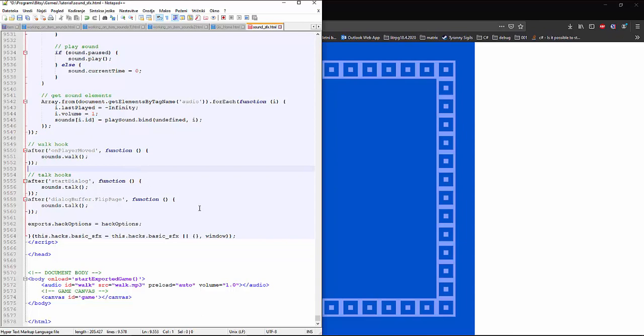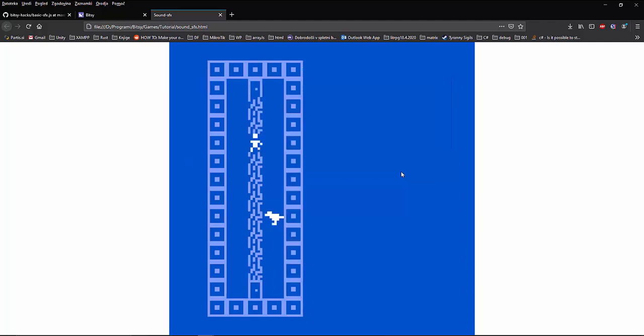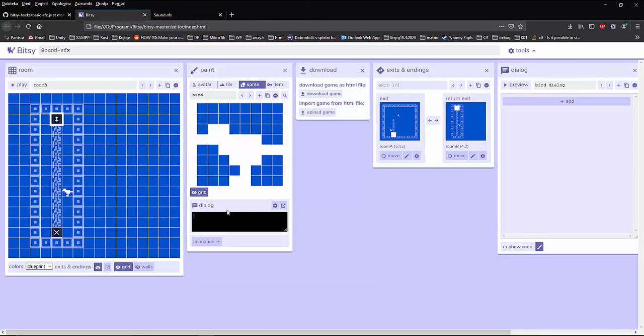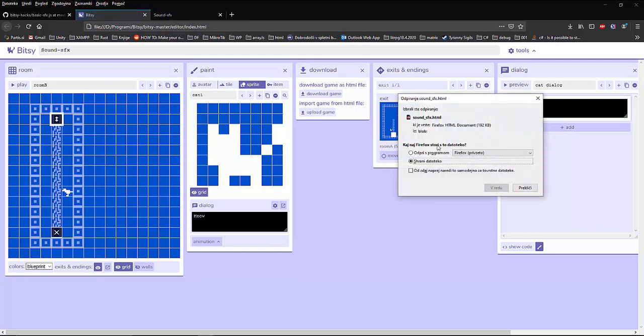Now every time we have a dialogue, start the dialogue, okay. Well, actually, I don't think I have any dialogues. Do I have any dialogues? I don't think I have any dialogues. No. Okay, so let's go back to Bitsy and edit some dialogue. Some dialogue to the bird and dialogue to the cat 1. As you can see over here, it's cat 1, just for future notice. And download again, save,